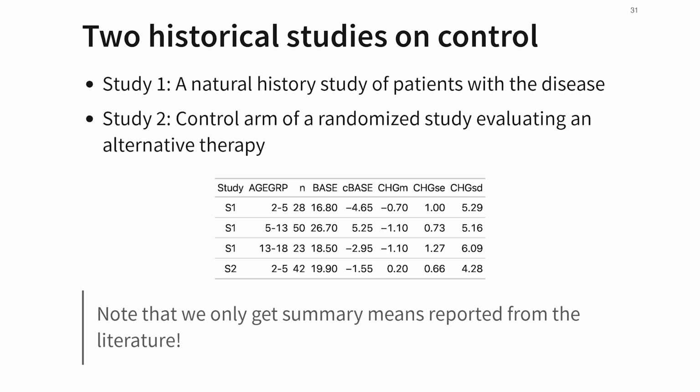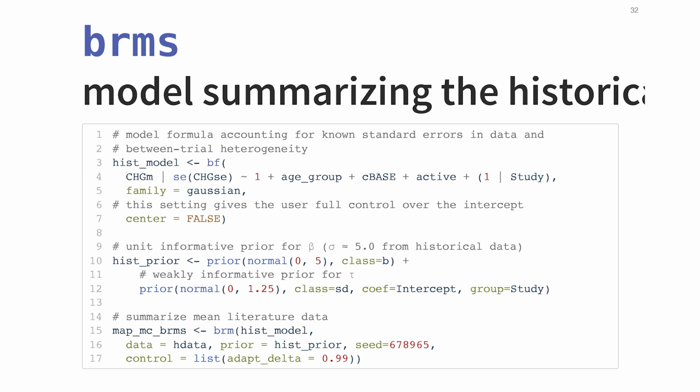Okay, this is now not anymore in the realm, so I will solve this now with brms. And writing it down with brms is relatively straightforward. The only special thing is that you have to condition on the reported standard errors in the data, basically. And I'm adding here also now the between study heterogeneity on the intercept. And priors are being set basically in reference to the sampling standard deviation as we've seen it in the historical data.